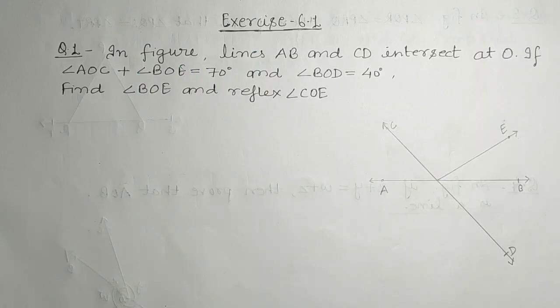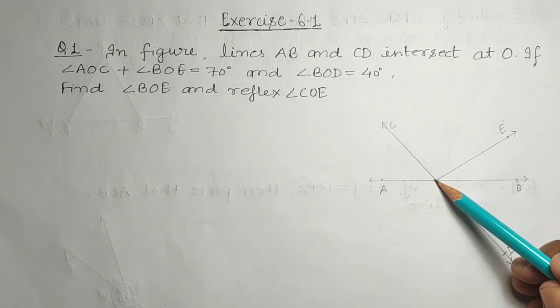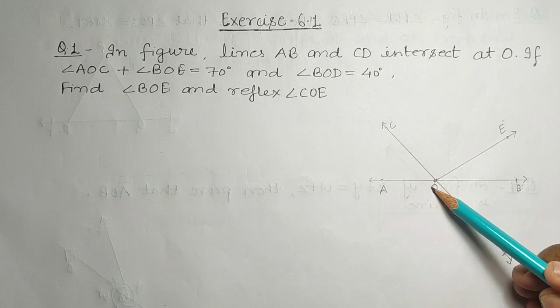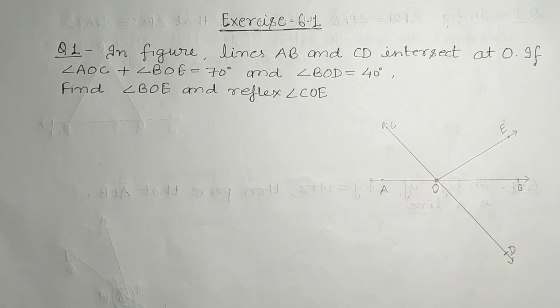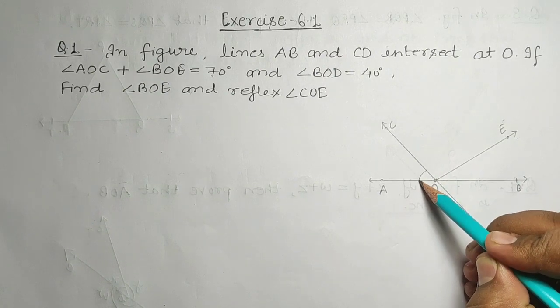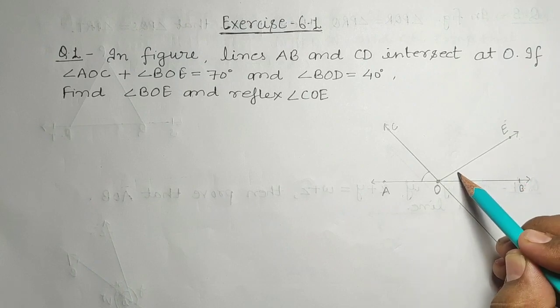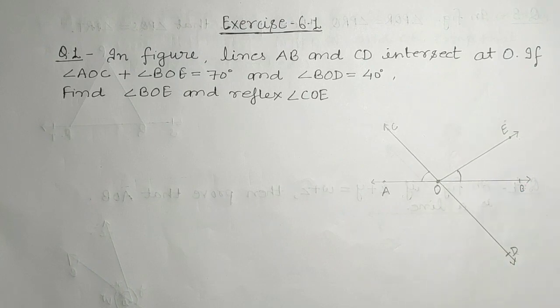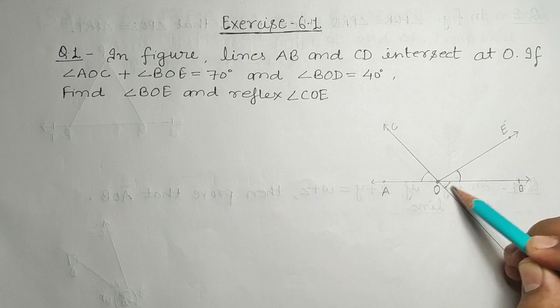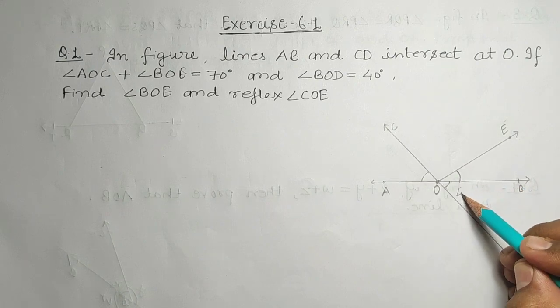Now students, let us start exercise 6.1, and the first question of the exercise is: in the figure, lines AB and CD intersect at O. These two lines are intersecting at this point O. If angle AOC and angle BOE, which is this angle and this angle, sum to 70 degrees, and angle BOD, this angle BOD, is 40 degrees,